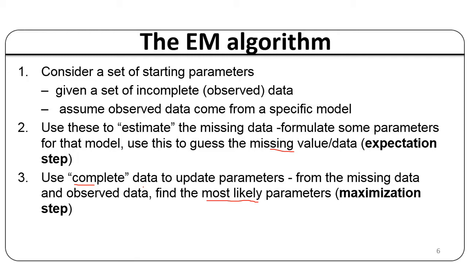If it is not matching properly, we are going to repeat the steps. This process has to be repeated until we update the parameters and get a perfect match. So basically we follow two steps. The first one is the expectation step, or E step, and the second is the maximization step, or M